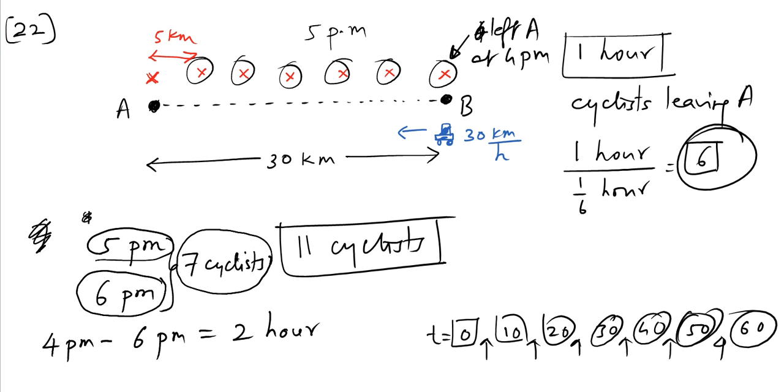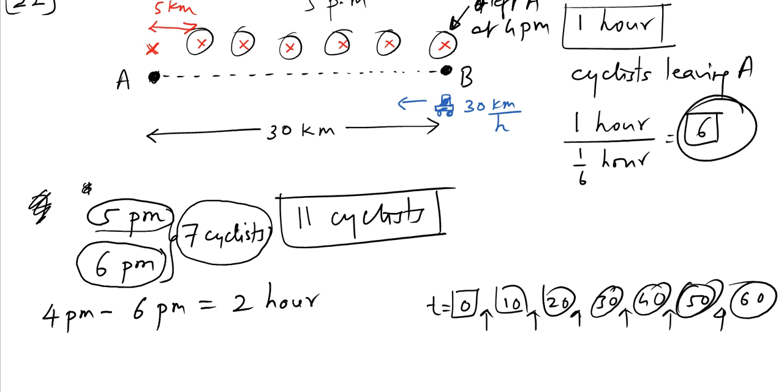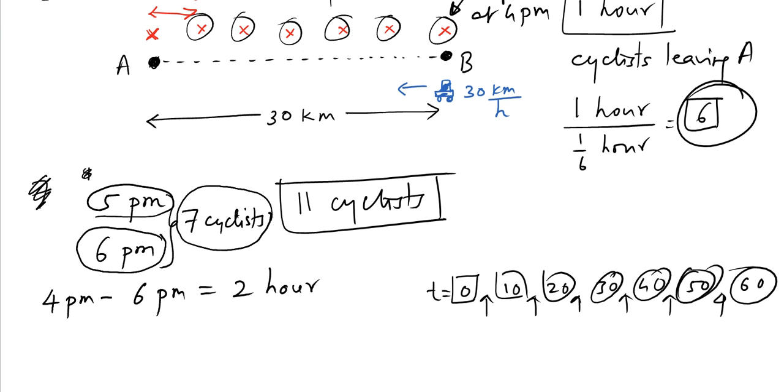So we ask ourselves, how many cyclists leave A for B in this 2-hour interval? So what I'll have to do is to divide 2 hours by 10 minutes, because that is the time interval separating 2 successive cyclists. So 2 hours divided by 1/6 of an hour, that's 10 minutes. So I get 12. Now there are 12 time intervals of 10 minutes